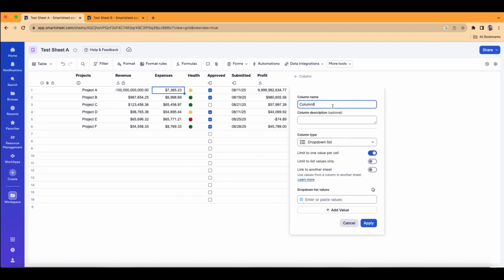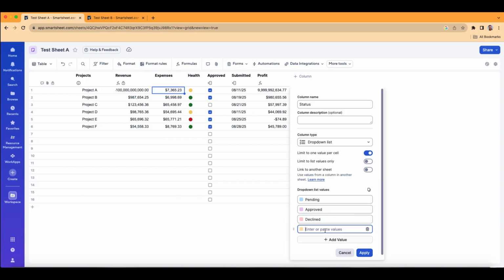So I'm going to go ahead and give this a name. We'll call it status. And then I'm going to go ahead and put in my options here. Maybe we'll say pending, approved, declined,